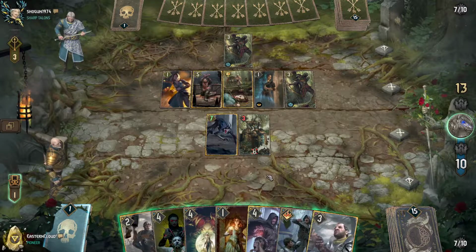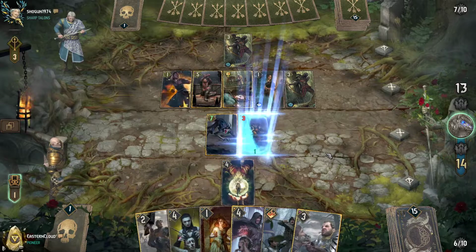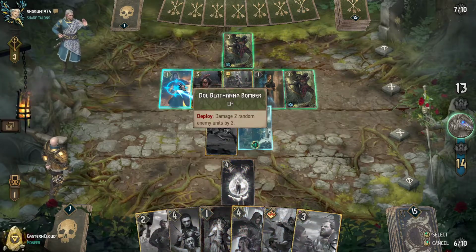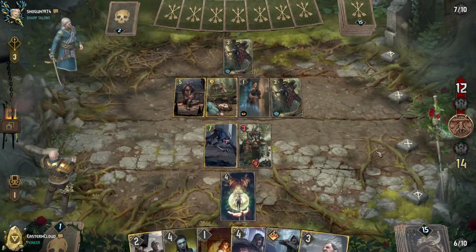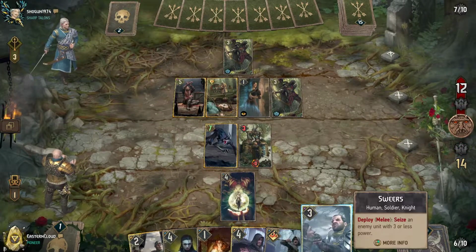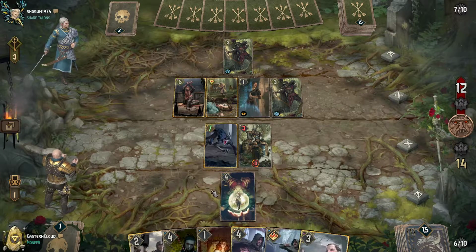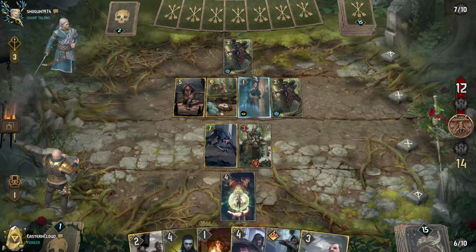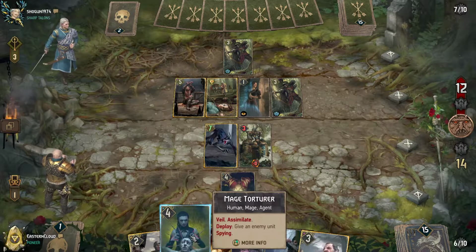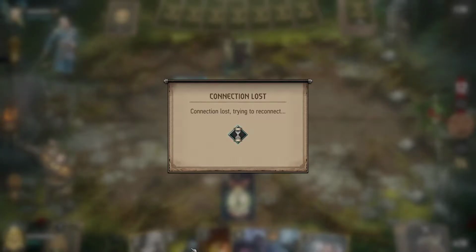I've got nothing that's worthwhile taking, so let's grab a little bit of this. It's good enough for now, and then we can either go Duchess Informant, depending on what he plays, which I would like to do. Alternatively, we could do Mage Torturer to give something. I mean, we can do this to coup de grace. We can go Mage Torturer into...